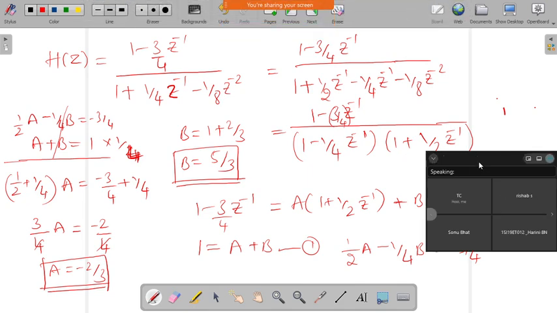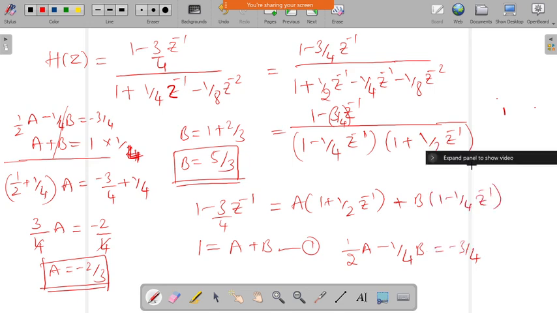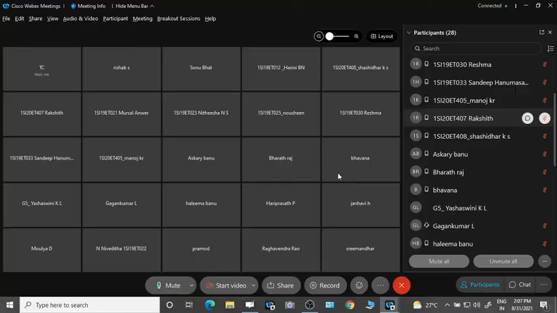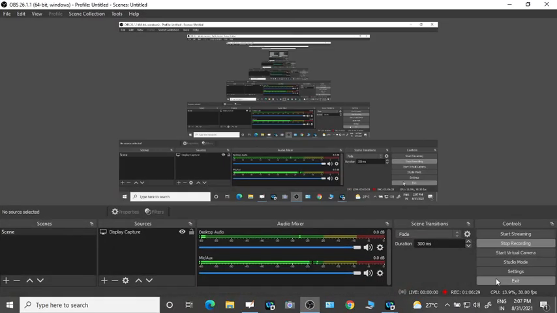The quizzes I will take up later, after the test. I needed to give them before the test, but due to some reason I couldn't, so I will give them after the test. Study for the test, I will give it tomorrow. Okay, is it fine? Sure. So any doubts regarding